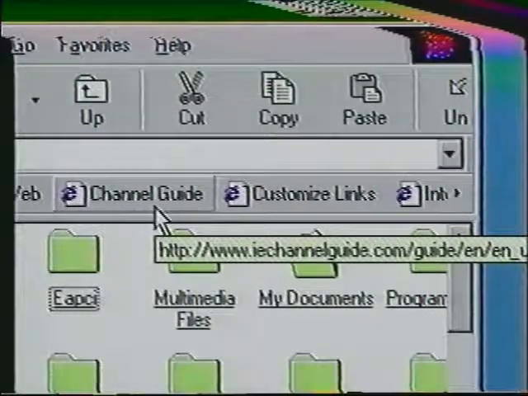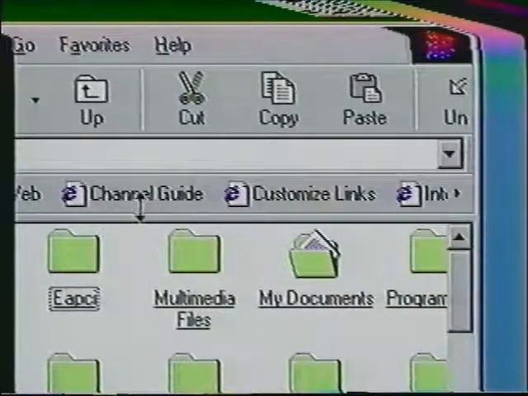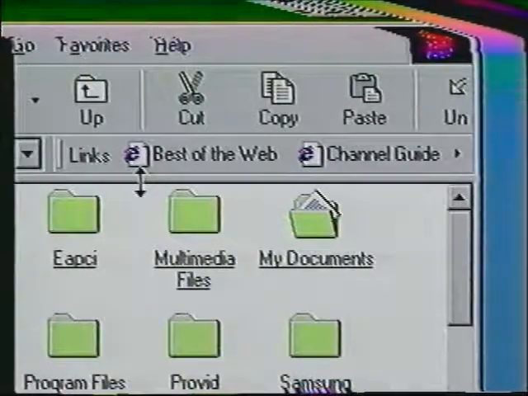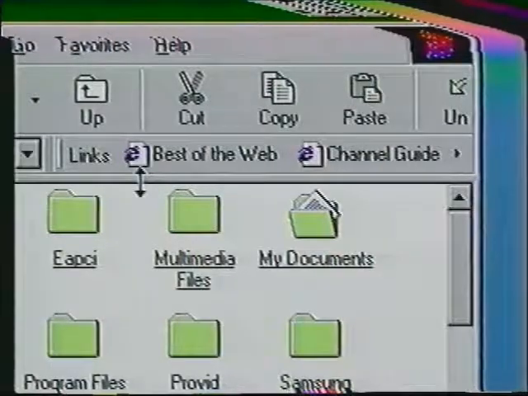Let's leave ours as it was, so move your sizing arrows up to put the Links bar beside the address bar. Gee, Professor, there's a lot more to these windows than meets the eye. There sure is, Suzanne. And speaking of more, there's one more area to point out, and that is the status